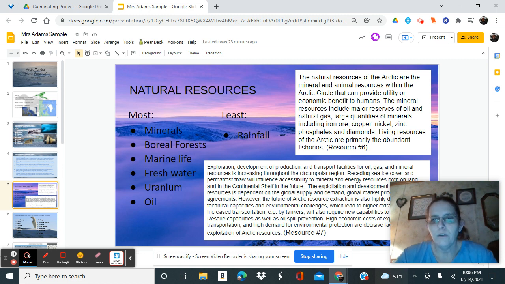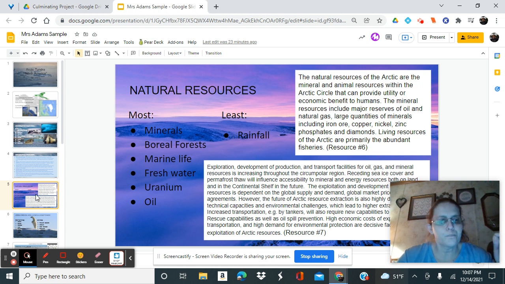And it talked about what the Arctic Circle, what resources are there, why they're important to the land, and then which resources are, the extraction of them, and why they're a challenge in the area. So that's just a little bit more information on the natural resources in my area. Okay, so that covers one of the